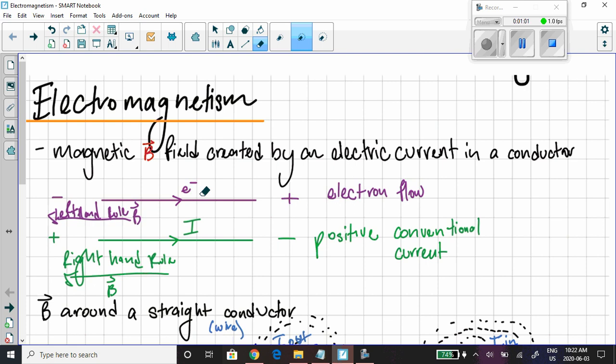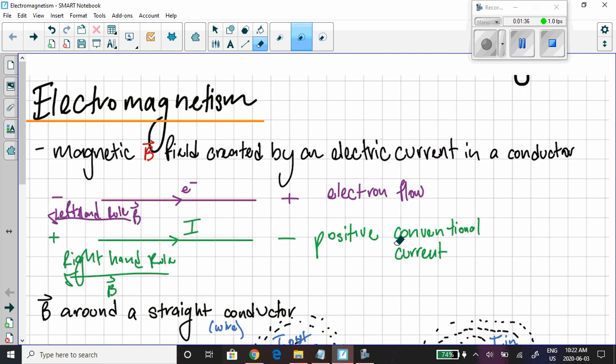That's electron flow. And when you study electron flow, you use the left-hand rule that you saw in the video for deciding what is the direction and shape of the magnetic field. But left-hand rule and electron flow are a physical model of what is occurring. We've talked about this issue before. If you want to look at this mathematically, and this is really important if you choose to go on to the 4U physics, you have to consider